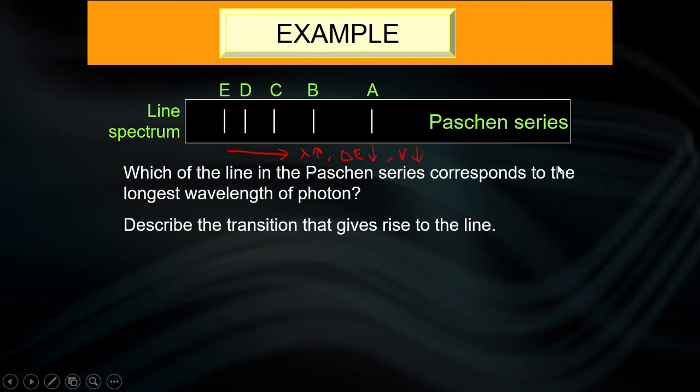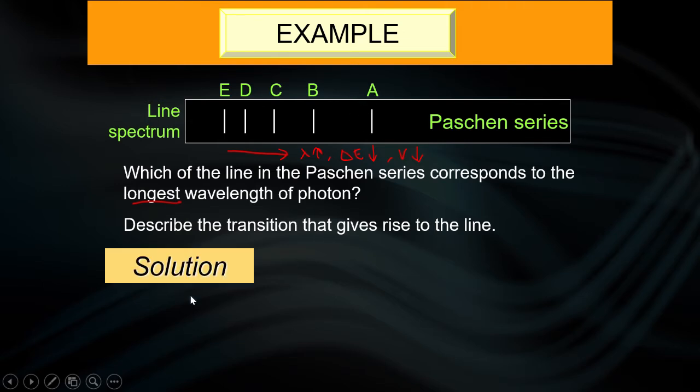So which of the lines corresponds to the longest wavelength? So the longest wavelength should belong to line A, right? Because from left to right wavelength increases. So the highest wavelength should belong to line A. Right? Describe the transition. Since this is the Paschen series,